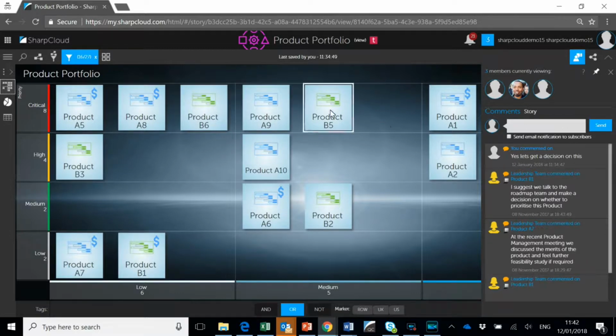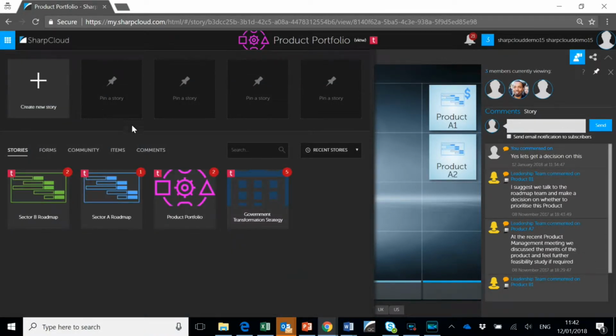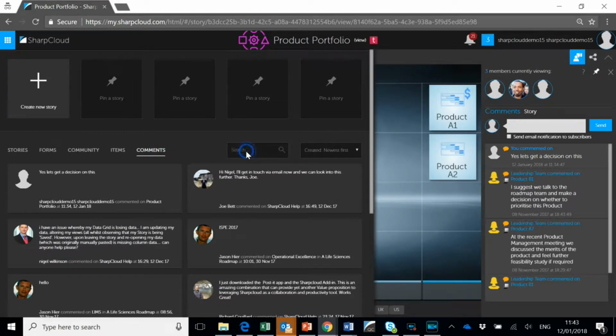Another enhancement to this latest version is that you can now search on your dashboard for any comments made across any of the stories that you have access to. And you can also search for items as well. That adds to the existing capability that you've previously had around stories, forms and teams and directories. But if we look at comments first, if I click on the comments option and I type in decision,